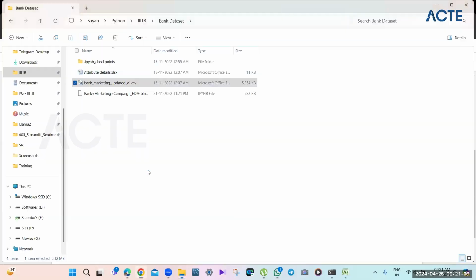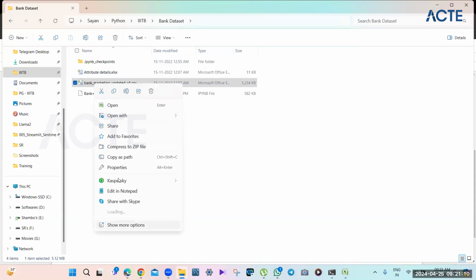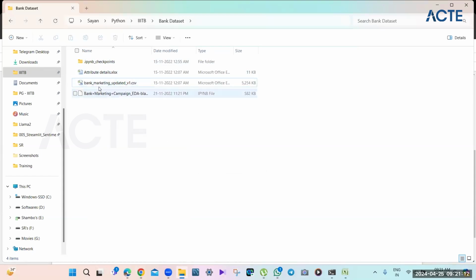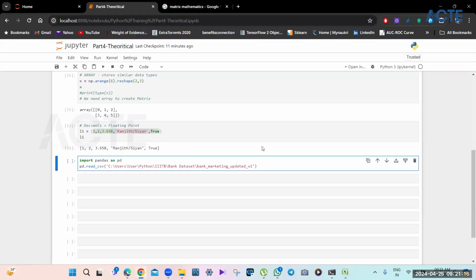This one slash dot CSV. So that is how we take any external file into Python. pd.read_csv, within quotation, you have to give the file name entirely.